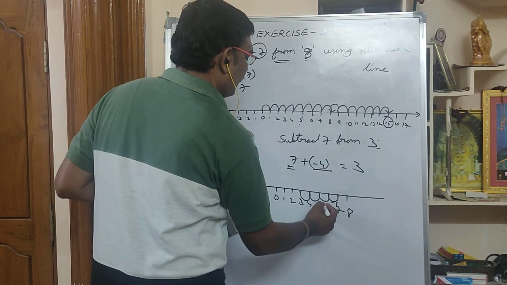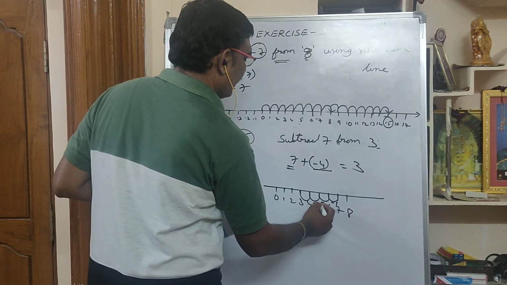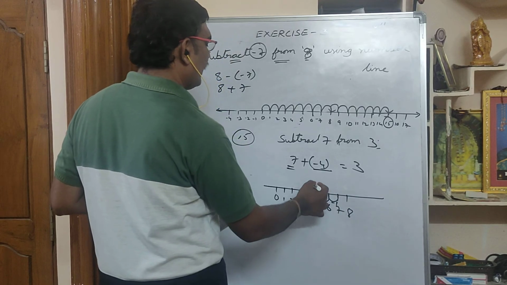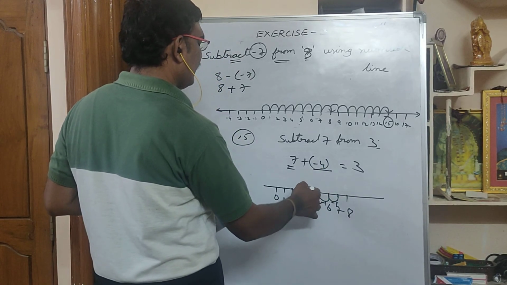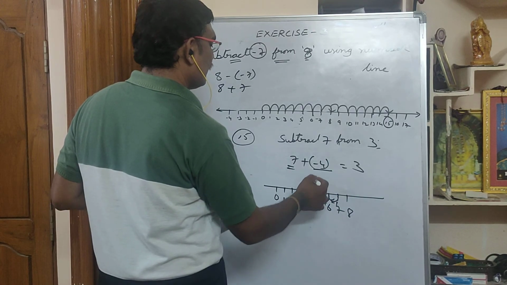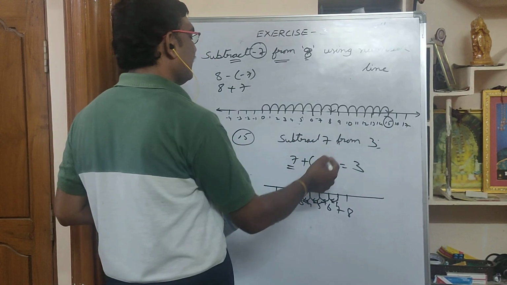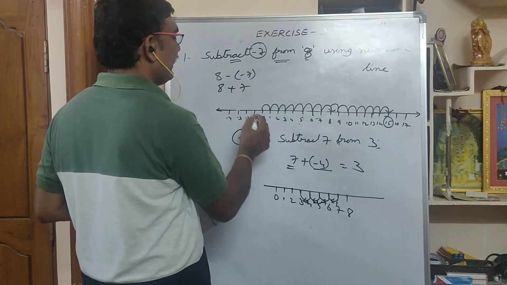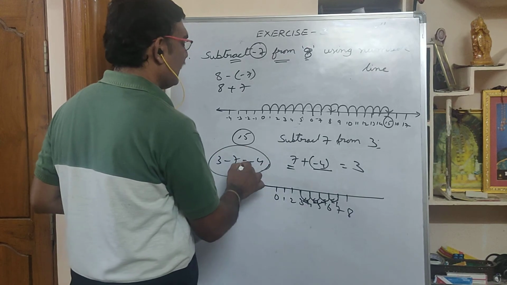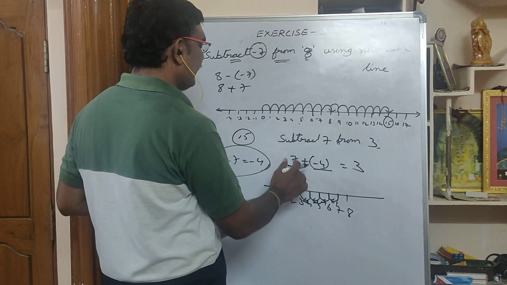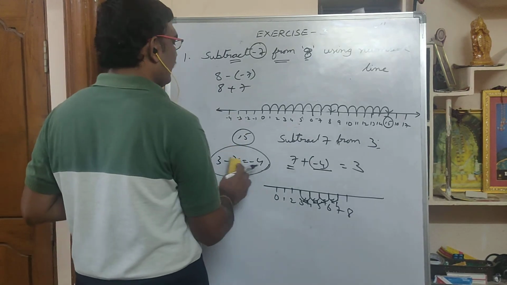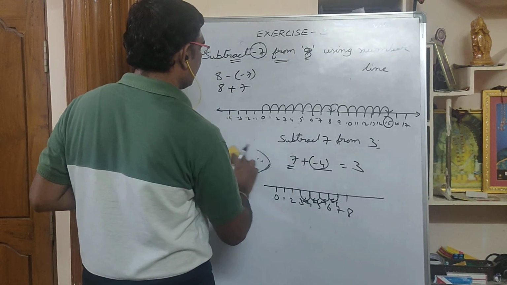Minus 1, minus 1, minus 1. So all are minus 1 like this. 4 are there. So 1, 2, 3, 4, you came backwards like this. Okay. So what is the answer? Subtract 7 from 3 is nothing but 3 minus 7, which is minus 4. You can write directly like this. In this way you should do it. Okay. Now, the same problem like this, how you have to do, we'll see it.